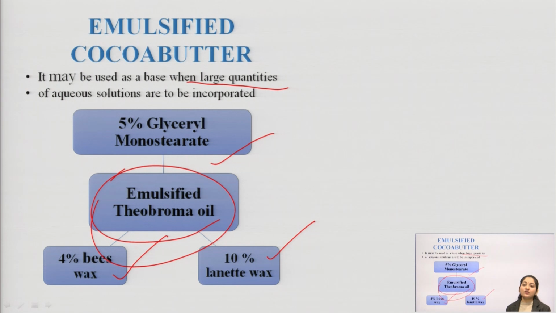And as I just now discussed, emulsified theobroma oil is used when we want suppository production on a larger scale, when we want an economical production. So, definitely in such cases we often go for emulsified theobroma oil rather than going for cocoa butter. So, moving on ahead,